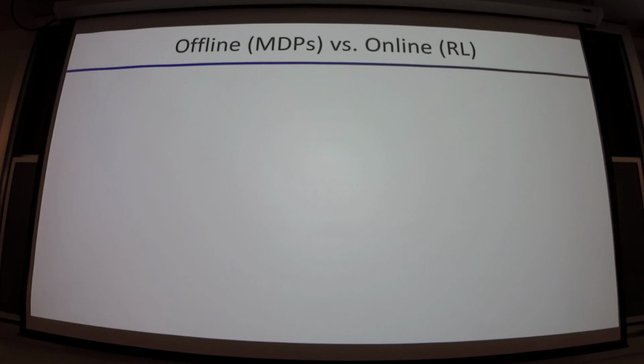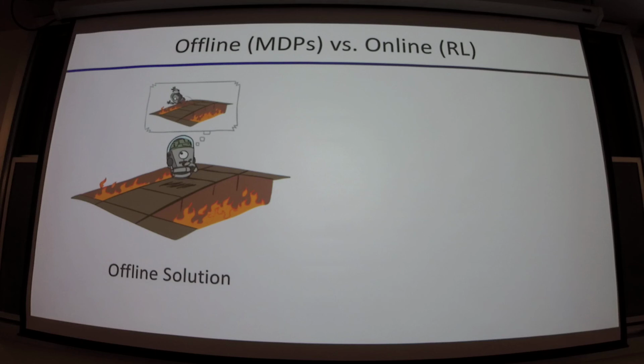So I kind of touched on this distinction between offline and online, right? MDPs are offline. We have some specification of the behavior of the world. It is sufficiently detailed that we can reason about it in advance, right? And so we can say, if I were to take this action from here, that would potentially land me here with some probability, and if I were to take this action from there, that might land me in this state with some probability, on and on and on. That reasoning process is what we described when we talked about ways to solve MDPs, right? But this reasoning happens in advance, it happens offline.